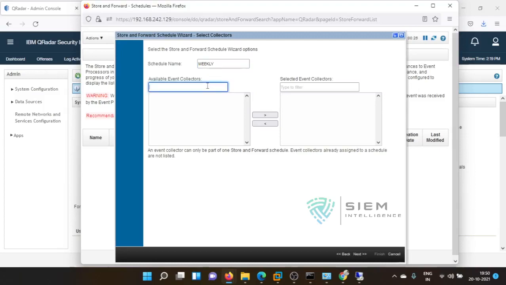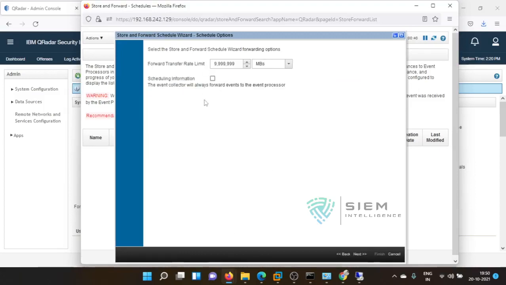Available event collectors are not there, but if they were, you can forward to some other one. By default I'm sending, there is nothing, that's the reason I'm giving this. So you can send with this speed to the destination, whatever destination it asks for.